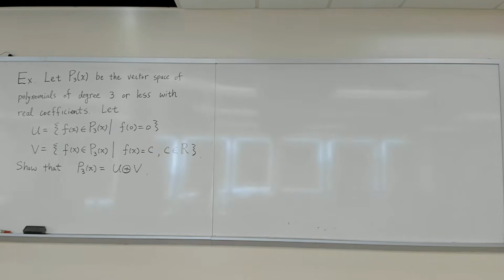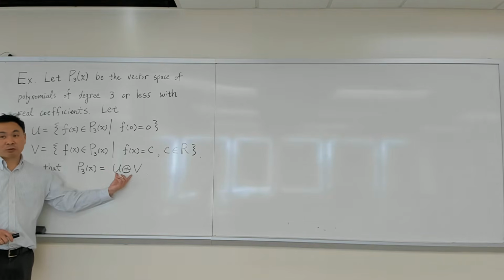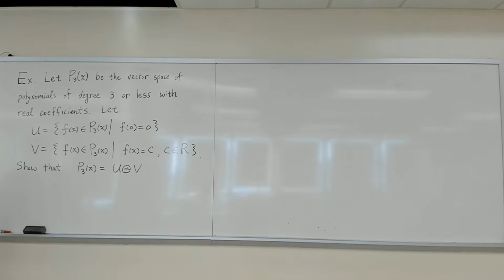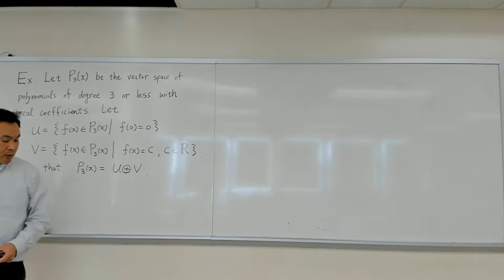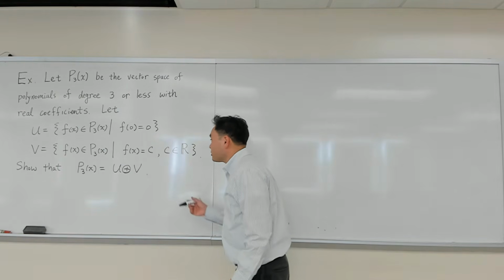Of course, you can show it by saying that anything in here can be uniquely represented as sum of something plus sum of something, but we're also going to make use of a theorem that we proved in the previous one, which is that if you just have two subspaces, showing that their intersection is 0 is enough to prove that the entire space is a direct sum. Okay? Well, I'll explain that further once we get there. Okay? So first,